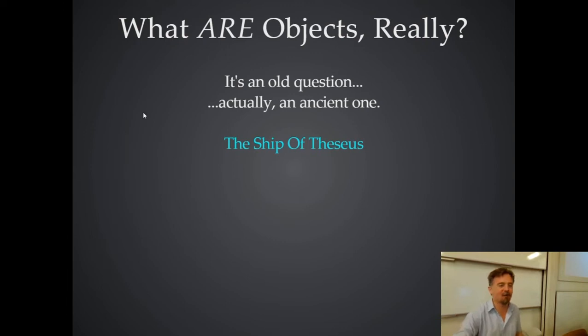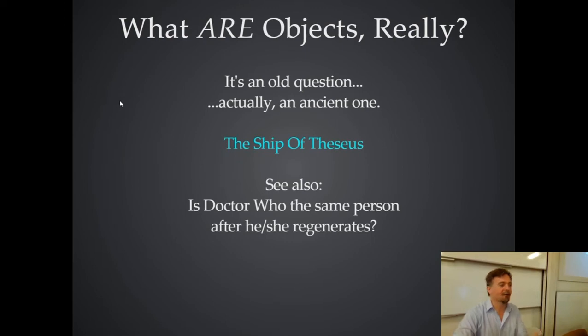Anyway, it's a philosophical conundrum to think about, but it relates to this idea of how objects mutate over time, but they're in some sense still the same object. In our case, they've got the same address in memory, but their contents might change. And then you can have two things that have got different addresses in memory, but the same contents. And JavaScript will tell you they're not equal, but a human might look at them and say they are equal. So this whole question of what is identity sometimes comes up. There are other variants of this. It's a classic conundrum. For example, is Doctor Who the same person after he regenerates, or indeed she?